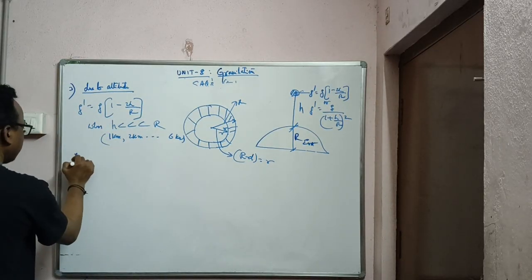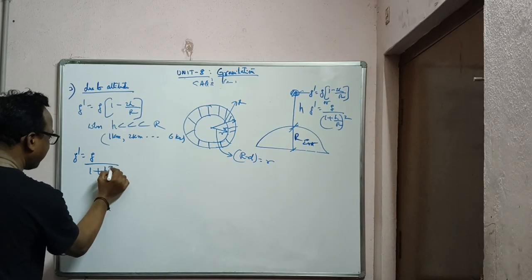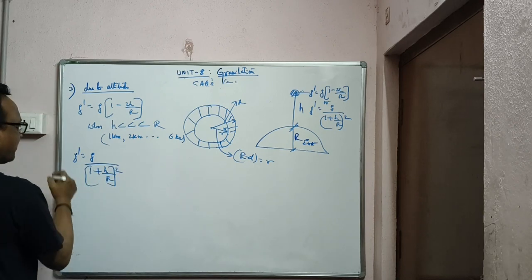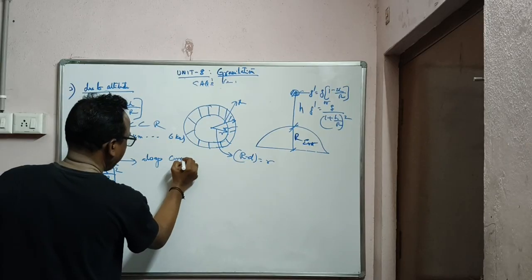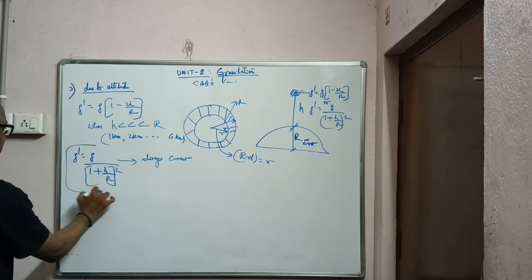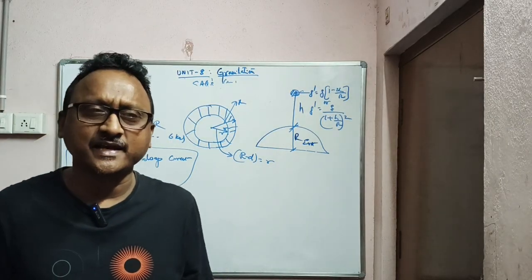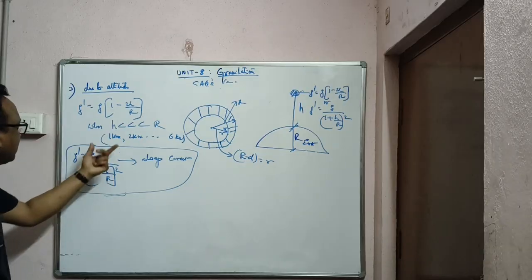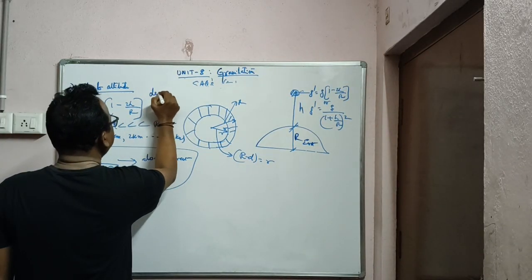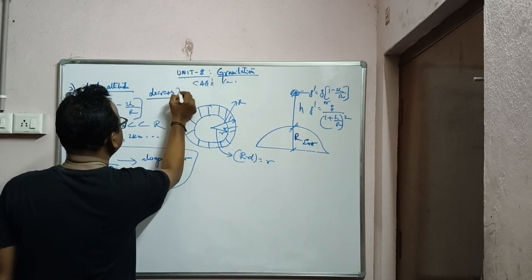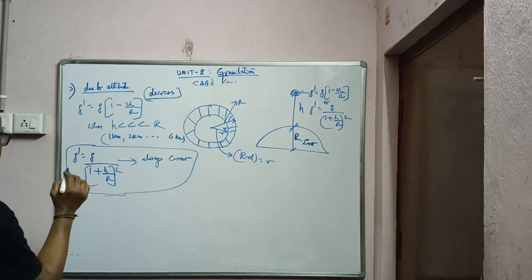Second case: g by 1 plus h by r whole square. This one is always right. This formula is always correct because you can apply it at heights r by 2, r by 3, r by 4 values. The earlier one is for when height is very much less. So thereby, due to altitude the g value decreases. This is altitude. Coming to depth,